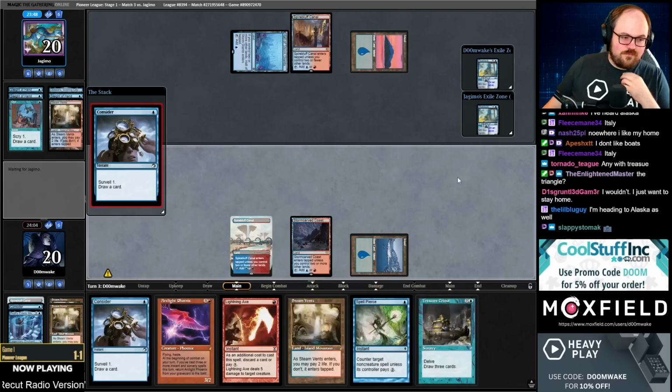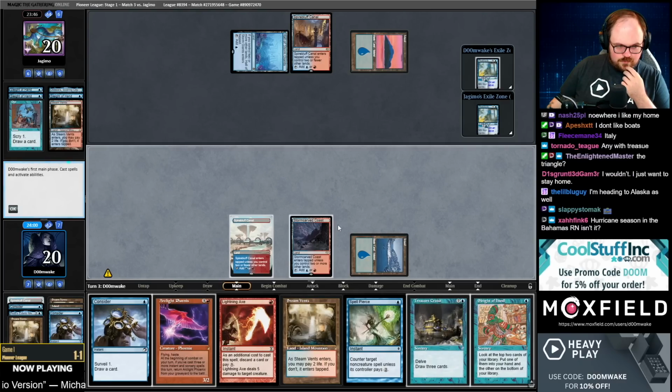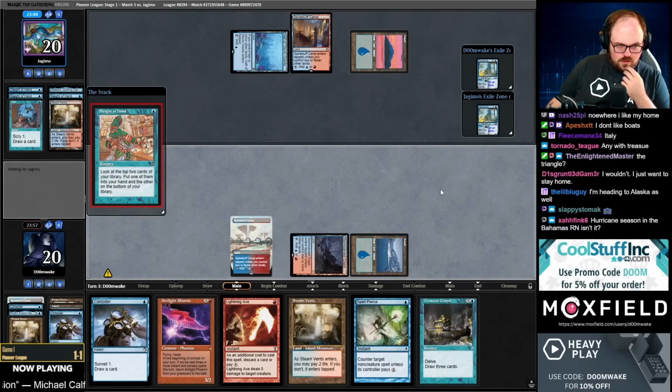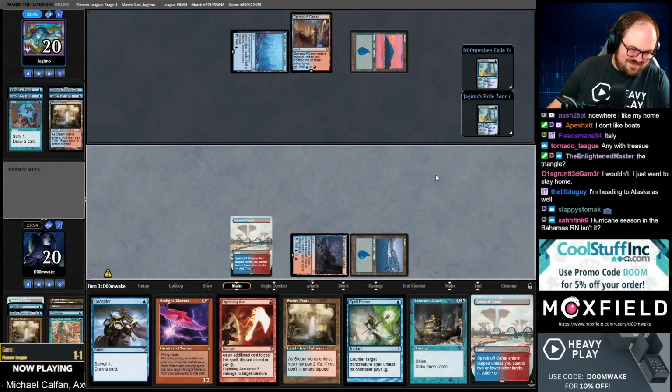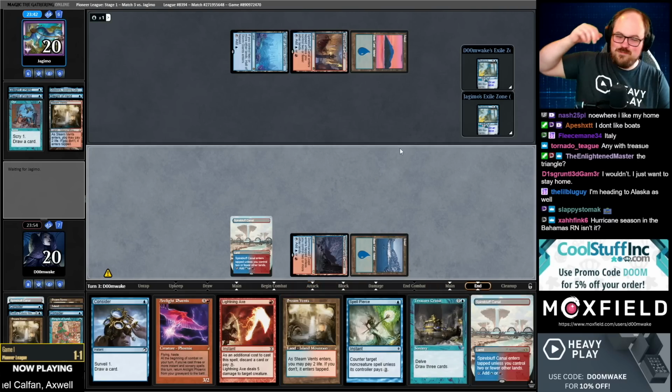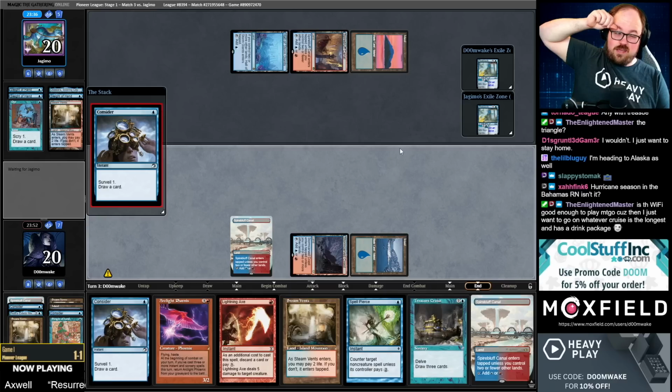Let's do this. Graveyard that. Sure. The reason I'm not casting Picklock here... Oh, I misclicked. I thought I was casting Consider, so I was going to bottom it. The reason I'm not playing Picklock here is because I don't want them to just go end-step Lightning Axe. Now, they had a cantrip anyway, so it ended up not working out, but...